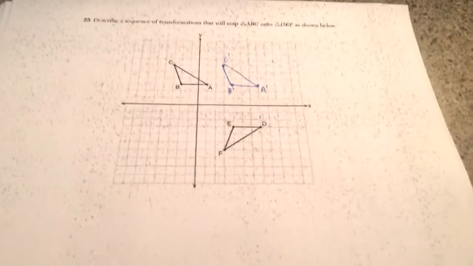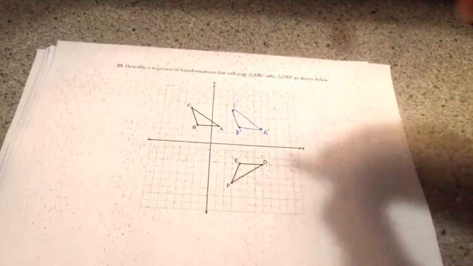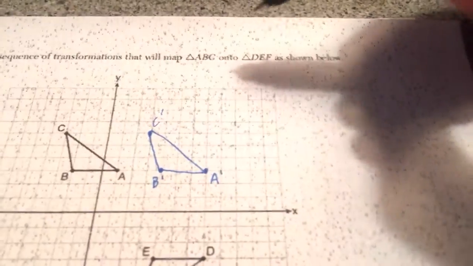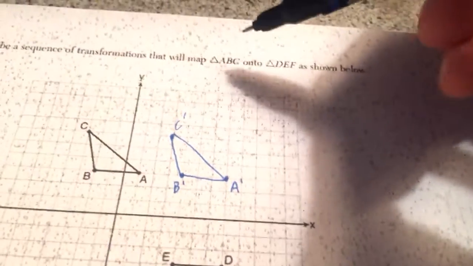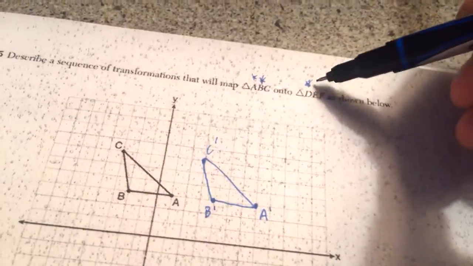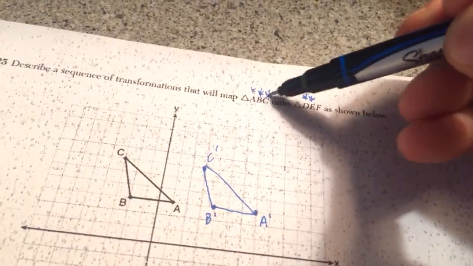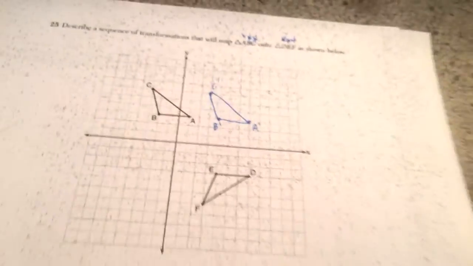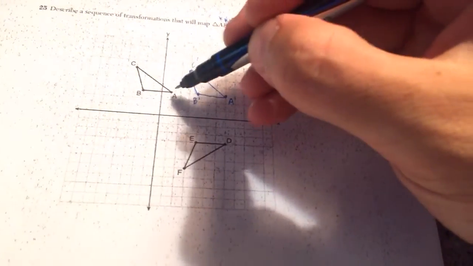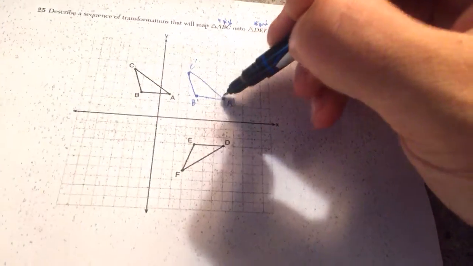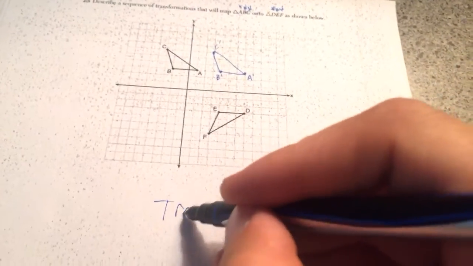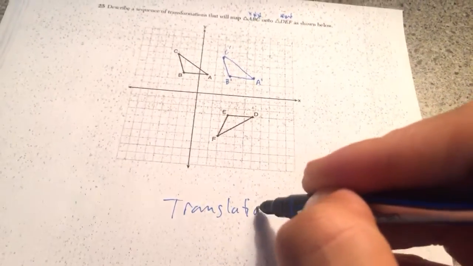And number 25, they want you to describe a sequence of transformations. Now in this case, because they want you to map A, B, C onto D, E, F, we know that A is going to align, or match up, with D, B is going to match up with E, and C is going to match up with F. If you notice, if I slide this triangle 1, 2, 3, 4, 5, 6, if I slide this 6 units, I'm going to call this a translation